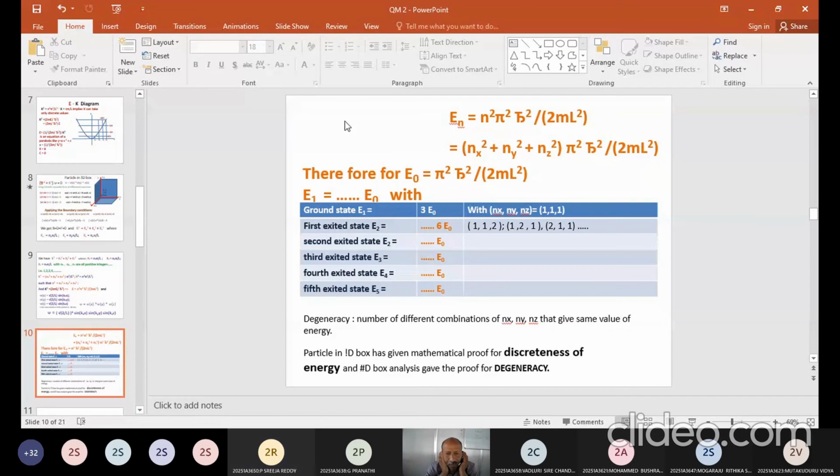Yes, sir. Okay, right. From what you see here, the number of energy states that are available is nothing but the different combinations of Nx, Ny, Nz that are possible. All those combinations give you the number of energy states available. So between 7 E naught and 13 E naught, there are 4 different combinations of Nx, Ny, Nz possible, so we say that 4 energy states are there between 7 E naught and 13 E naught. That's how we say how many energy